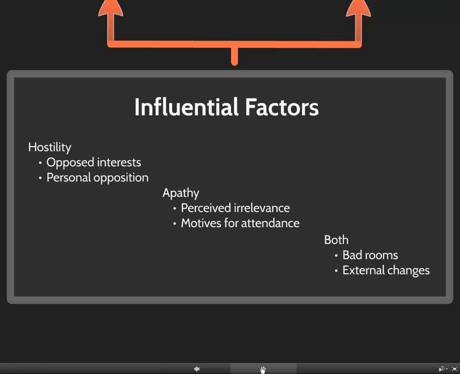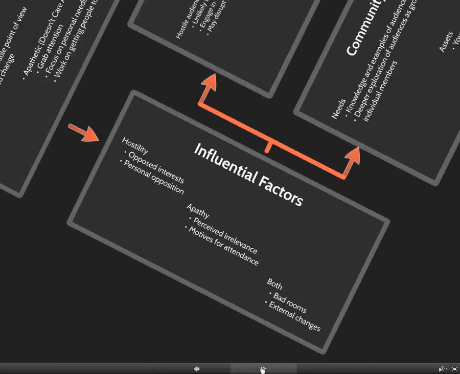With hostility, maybe their interests are opposed. In other words, they have a position that's opposed to you rather than they're opposed to you personally. It's good to sort out one from the other. The person who's opposed to your interest, you need to convince them on a level of interest, which means you need to work on the level of argumentation. If they're opposed to you personally, you may need to find areas of common ground and commonality. There may not be a lot of benefit in trying to focus on the argument if they're opposed to you personally, but you may need to work for much more limited change when they are opposed to you personally.